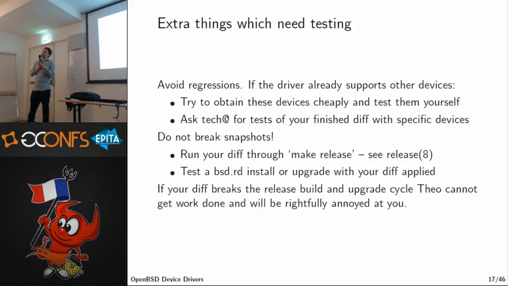That's very important because if it turns out later on when your diff got committed that it broke something, it will be backed out. And very important is also that you learn how to build your own OpenBSD release and do an upgrade with that and an install, upgrade or install. And you make sure that your diff doesn't break it. And it can be really, really subtle. Like, it can be that the install process works halfway through and then suddenly your driver throws some error because the ramdisk kernel is a bit different to the generic kernel. And you want to make sure that such differences are tested before anyone else runs into them.